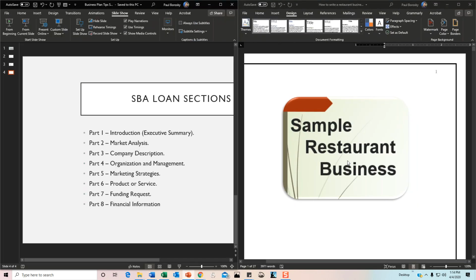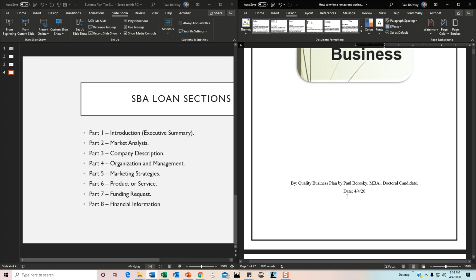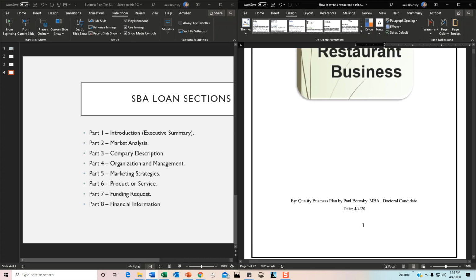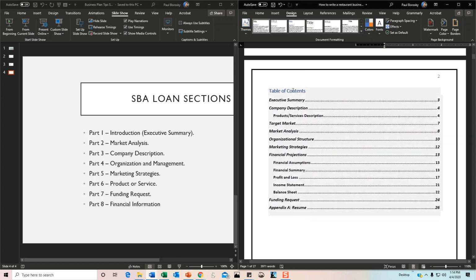The way that I structure my business plan is I'm always going to start with my title page. My title page usually has a logo or simply just the company's name, and you're also going to want to put who wrote the document. For this one, it's going to be myself, and also put a date on your title page. Next one, like we talked about, is the table of contents. For the table of contents, I've got my executive summary, and so let's compare it right here.